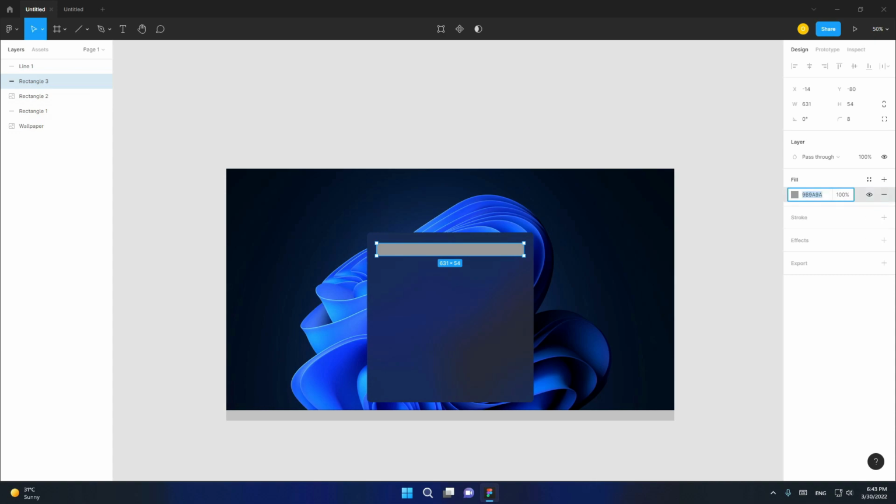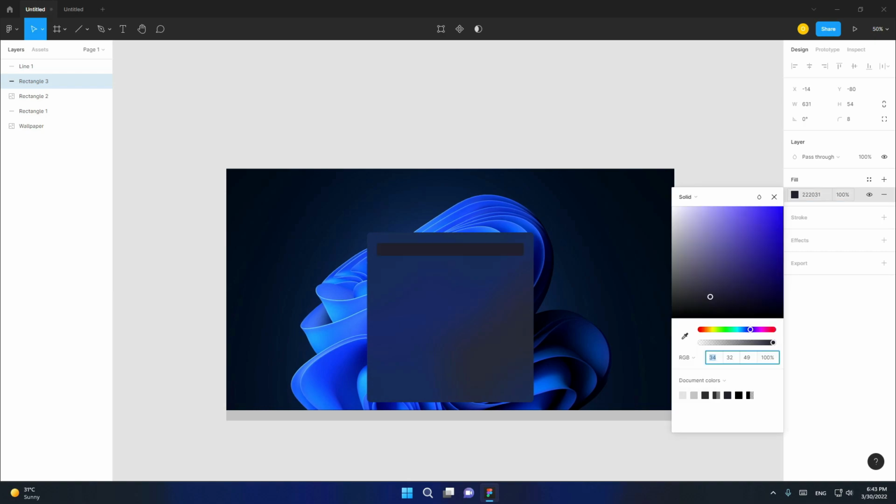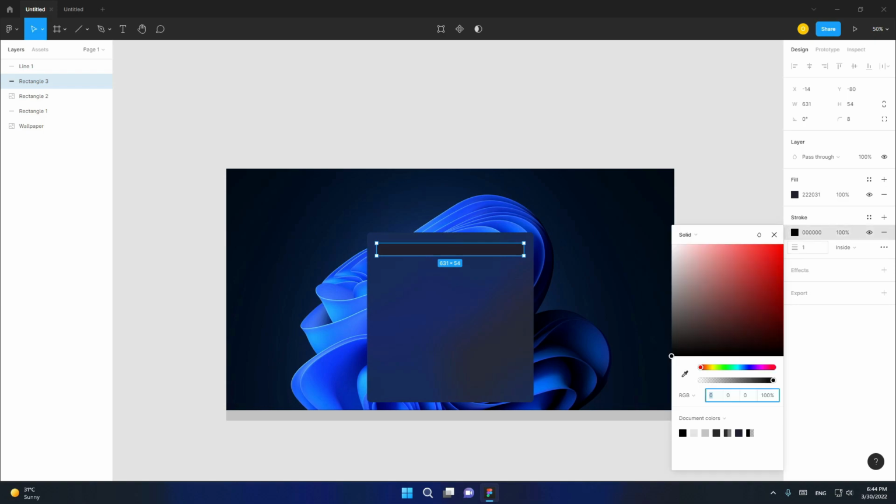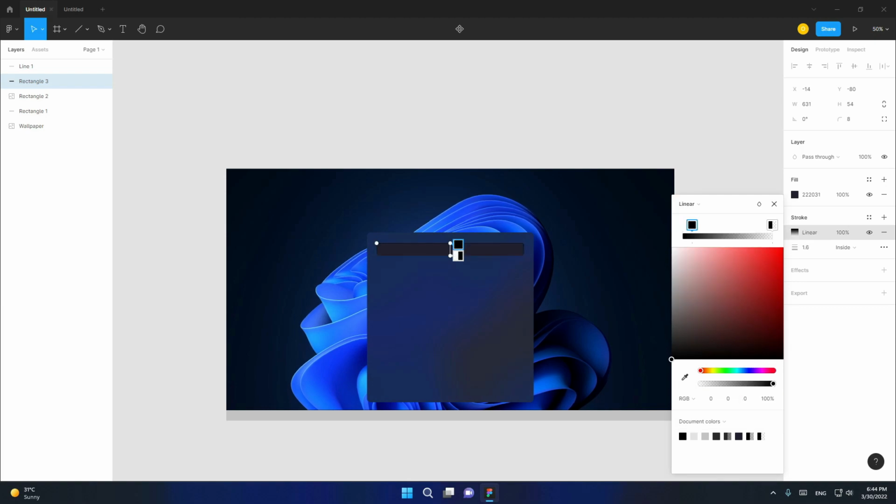The search bar, we need to make it 222031 and put it to solid, and we need to make a stroke, put it to 1.6 for example, and make it linear, put it here, and this make it full, and this make it 10%,